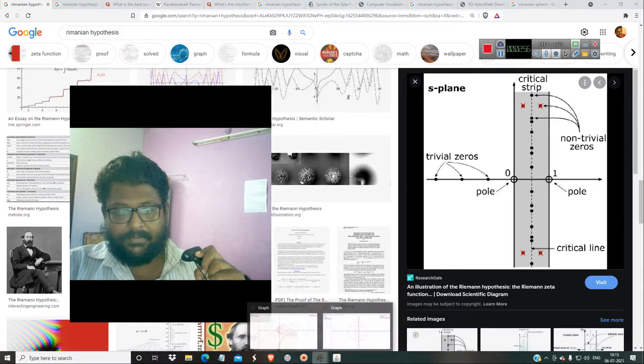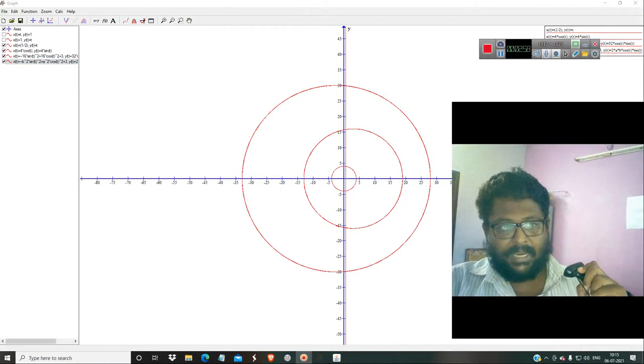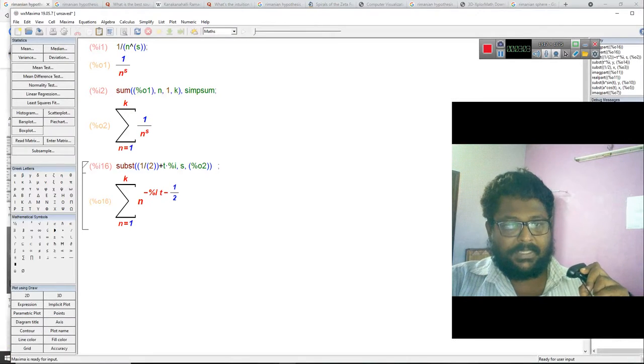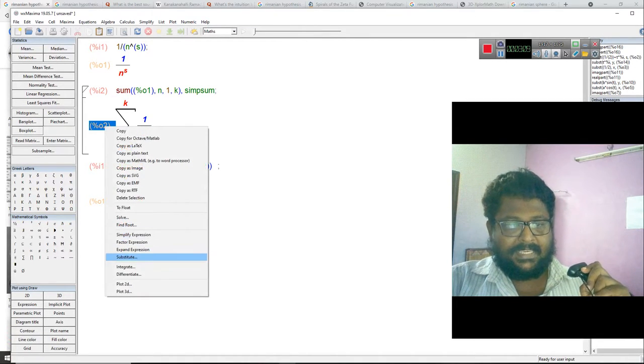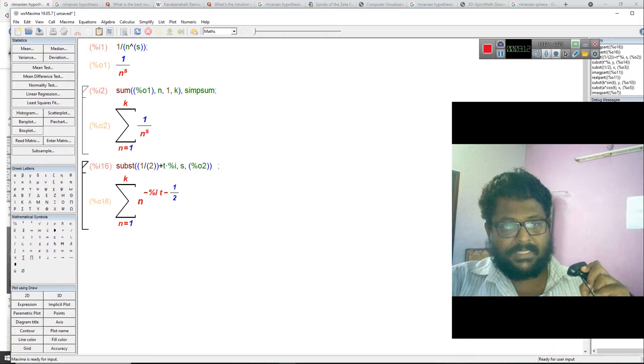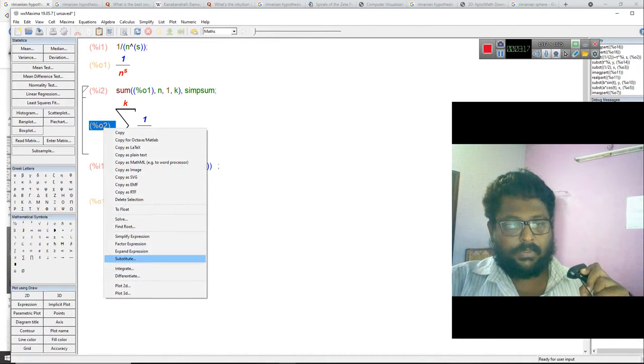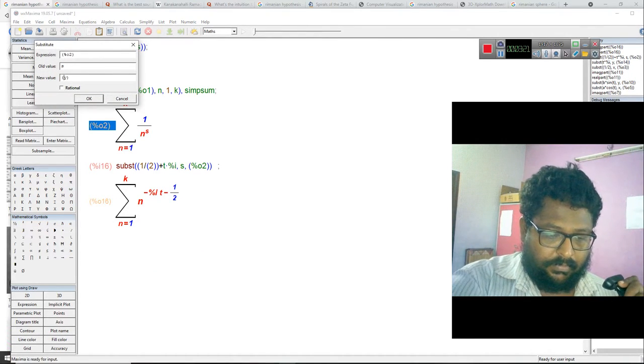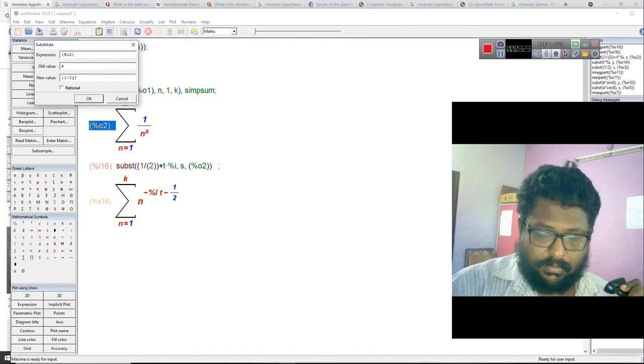I will give you the Riemann zeta function, and for plotting it, it is so simple. As s is a complex number and n is an integer, you have to substitute for s as half plus percent i times t.